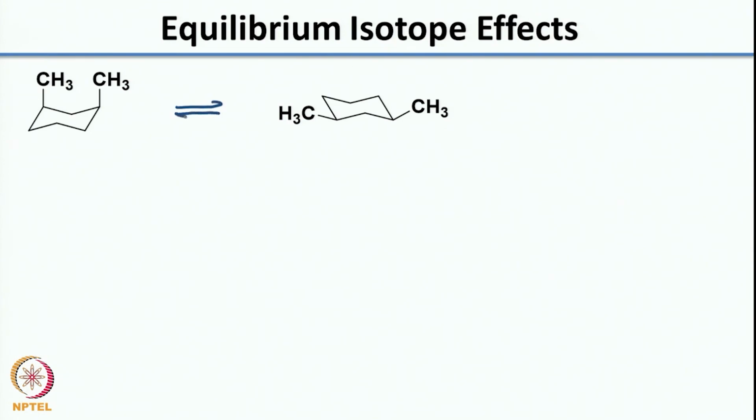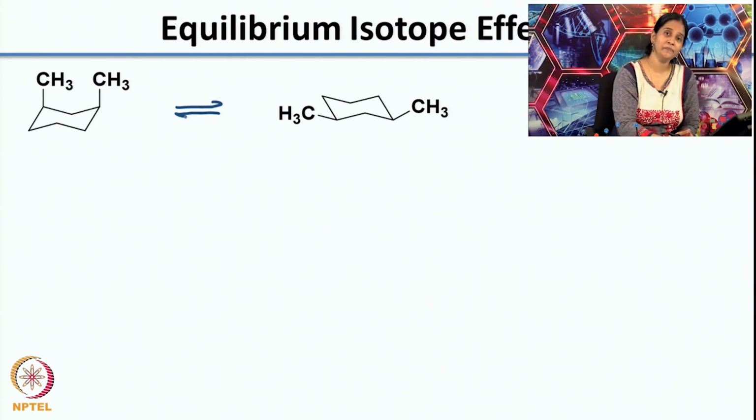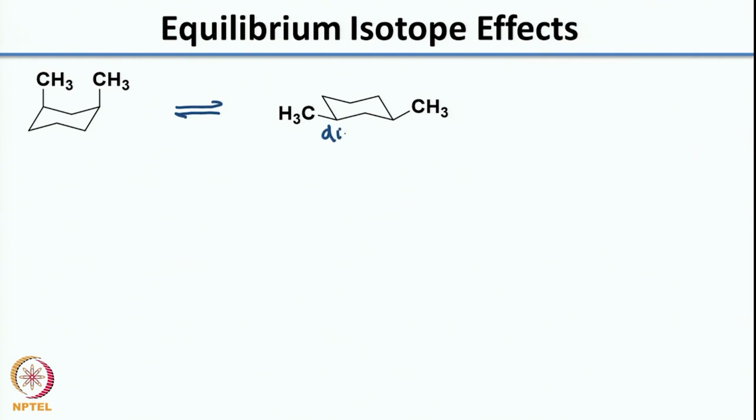So, these two conformers can flip. Now, among the two conformers, one is actually more stable, and you might have studied this in stereochemistry. The more stable conformer is the di-equatorial conformer. So, the di-equatorial conformer is more stable. So, what happens in the diaxial conformer is that